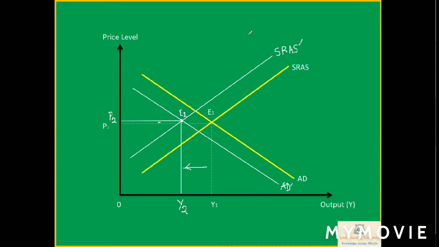Now in this case, if I would not have taken this much change in the SRAS, or rather I have taken a smaller change in the short run aggregate supply, then I would have reached a different level of